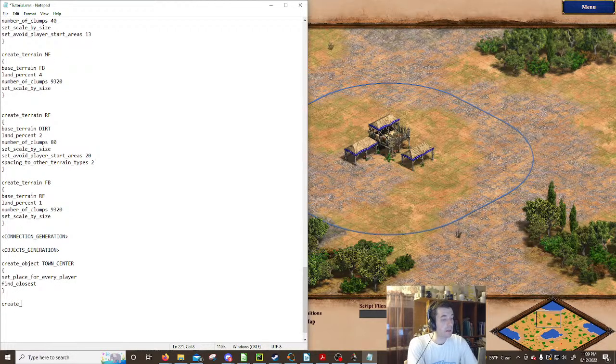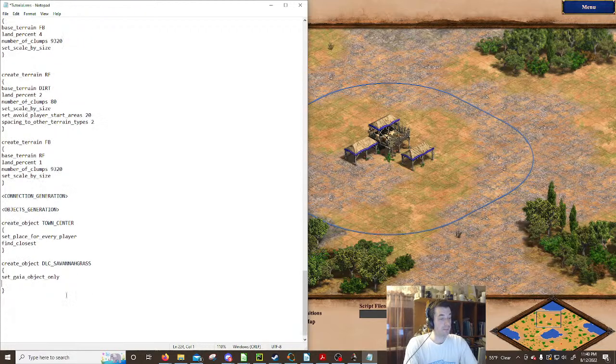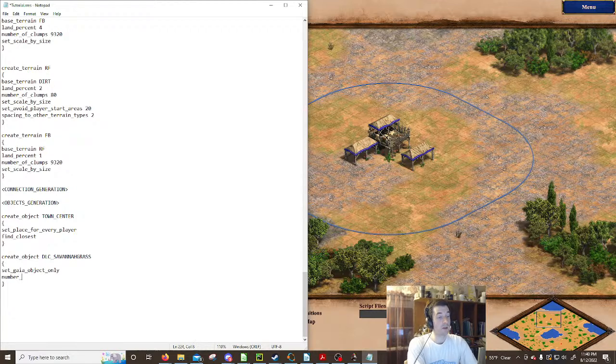So create object DLC Savannah grass. And we are going to set Gaia object only, and we are going to do number of objects 1. If you don't specify number of objects, though, the default is going to be 1. Number of groups